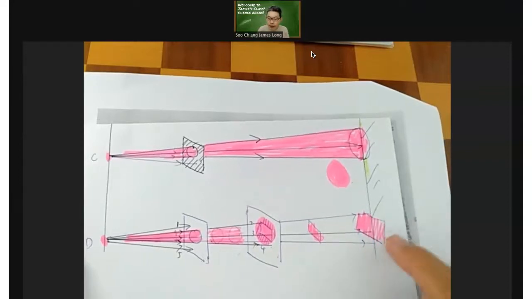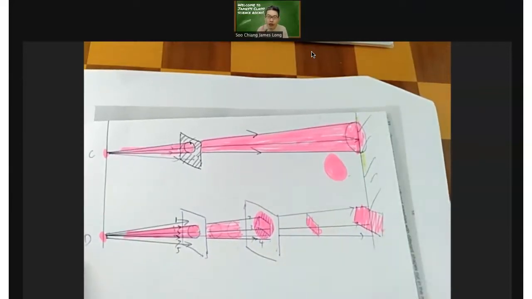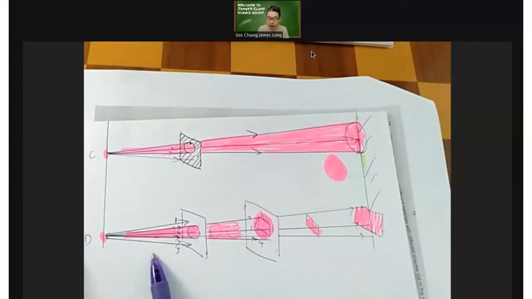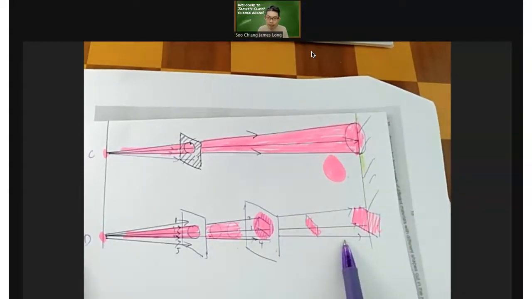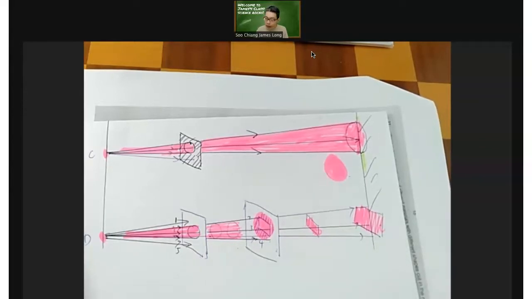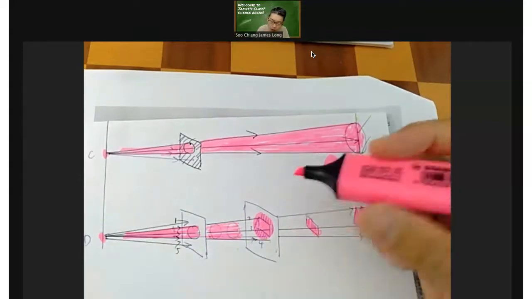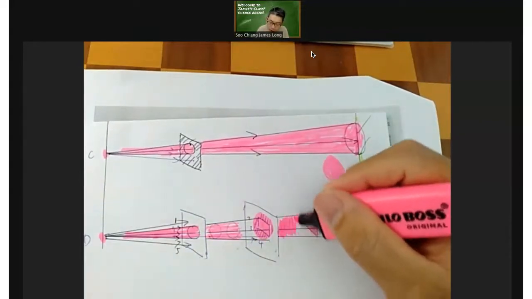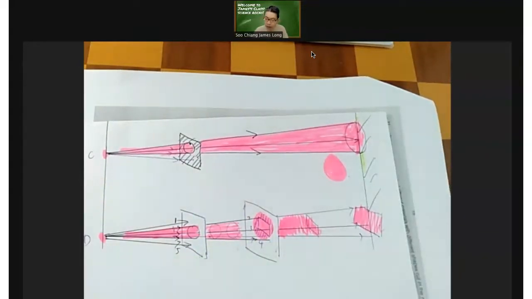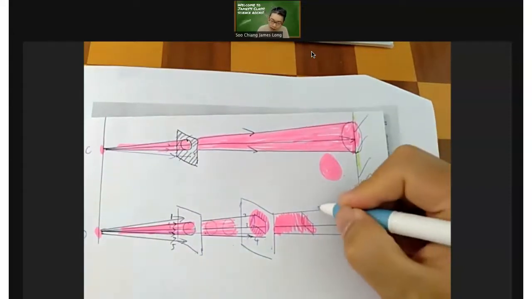So if I want a triangular shaped one, where should I put a triangular hole? If I want a triangular shaped light, do I put it in front, middle, or behind? You're right, I put it behind. Because right now the light that passes through this second one will be all rectangular shape, right? So right now I just need to put a piece here that is